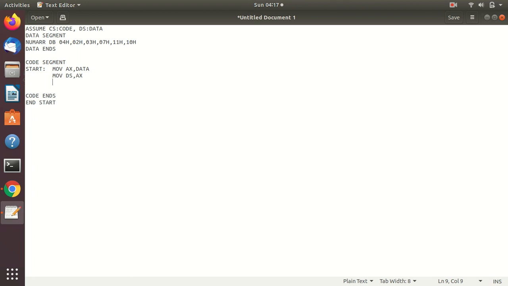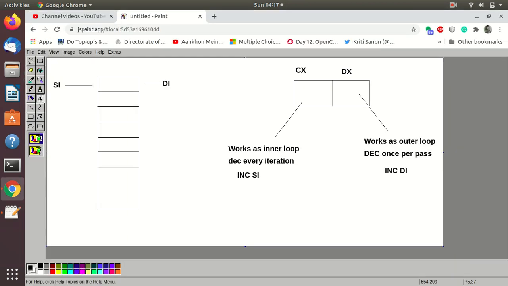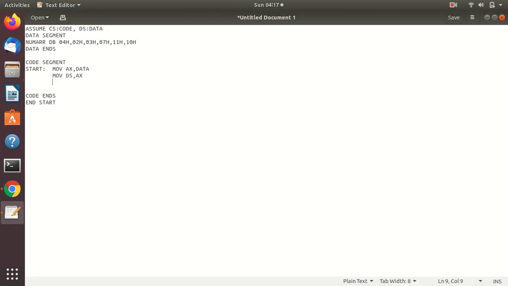As I said earlier, we have to load cx and dx with the number of elements in the array. Here we have 1 2 3 4 5 6, so we have 6.